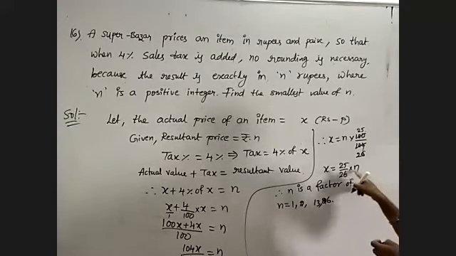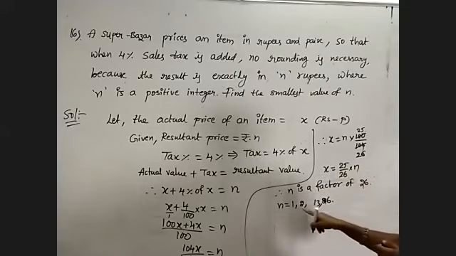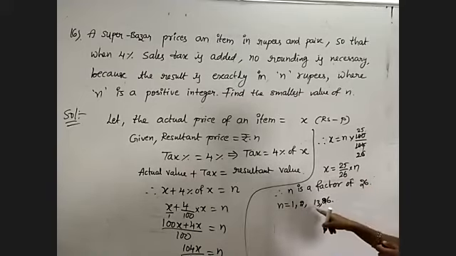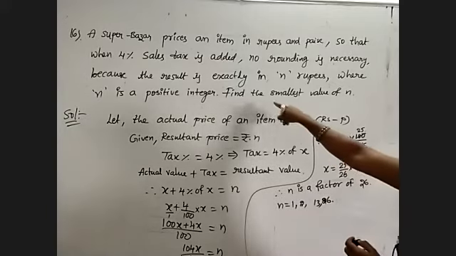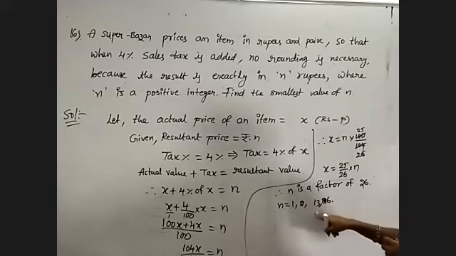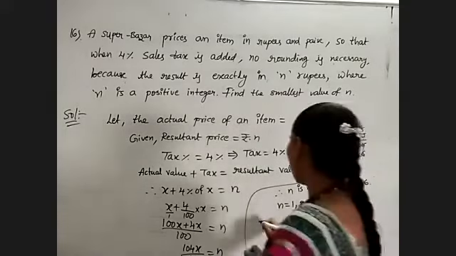If you are taking n equal to 1, you will get a non-terminating decimal. If you are taking n equal to 2, then also you will get a non-terminating decimal. Either n value 13 or 26. And observe, find the smallest value of n. Among 13 and 26, what will be the smallest value? 13. So n is equal to 13. Therefore,